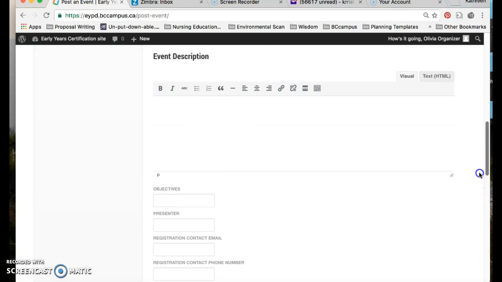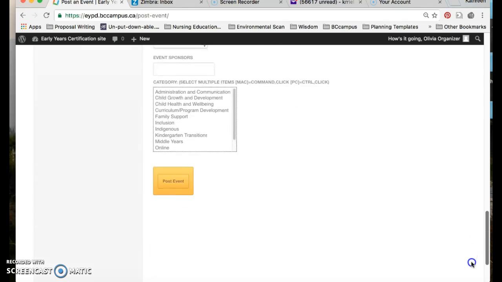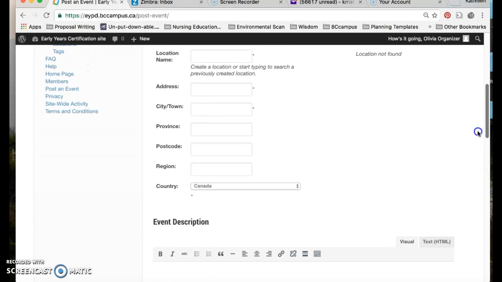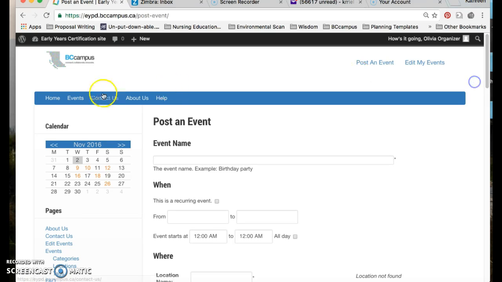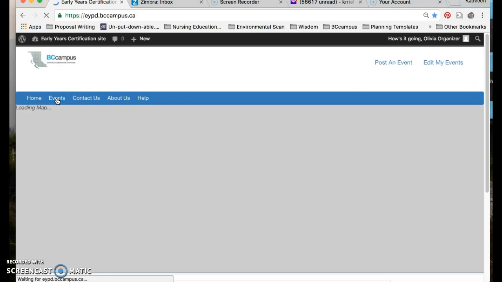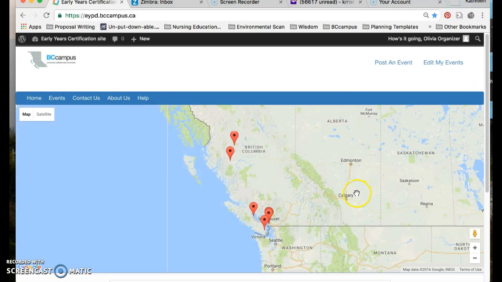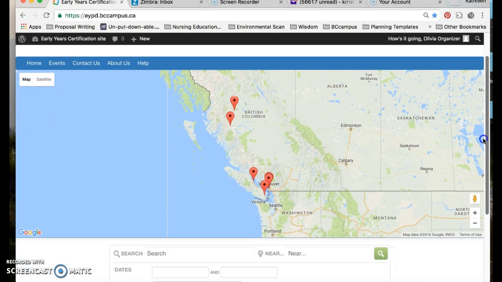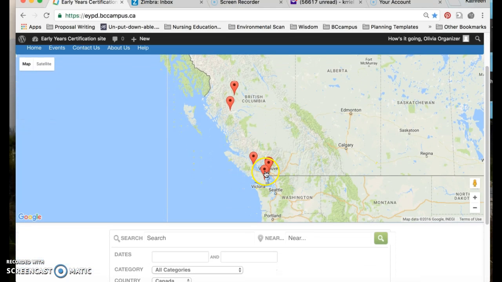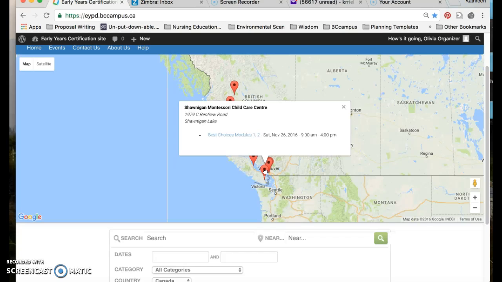We have some work to do on this form still, in that we also want to add a save for later and a preview button so that people don't necessarily need to fill in the entire form before they can post the event, and that they can come back and save it for later. Once that event is posted, it will appear on this map. With this map, you can click on any one of the items and you can see what is listed